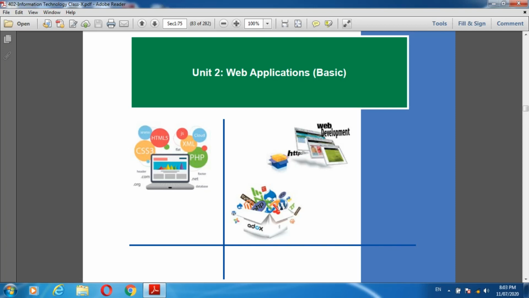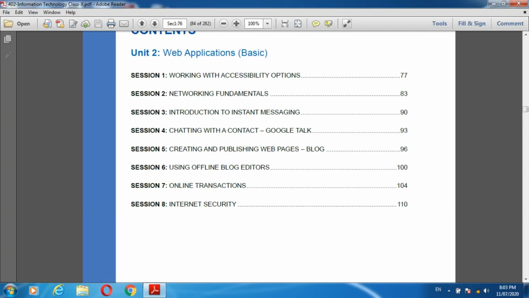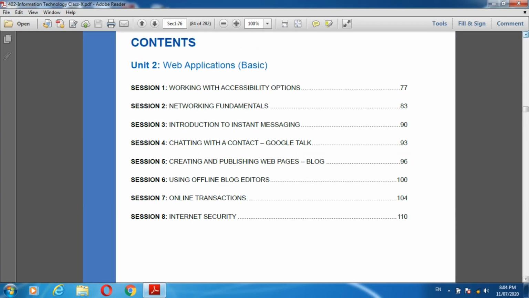See now, these are the topics. These are the 8 sessions that we are going to learn in this web application unit. Now, let us start our session first, working with accessibility options.